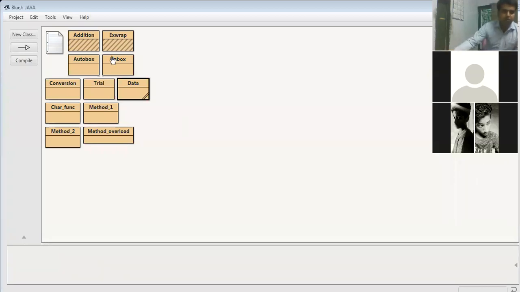All these yellow boxes which you can see are the names of the classes, because the first and foremost feature of Java is that it is an object-oriented language. Class is the important feature of object-oriented programming. So whatever program we do, first we have to create a class, and inside the class only we will create the program.